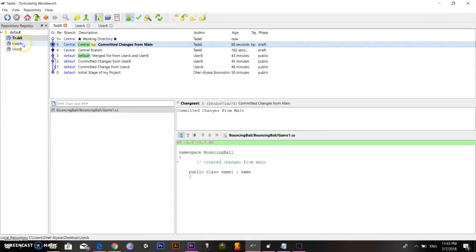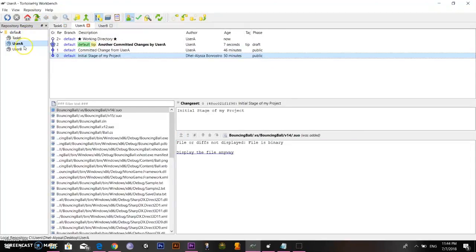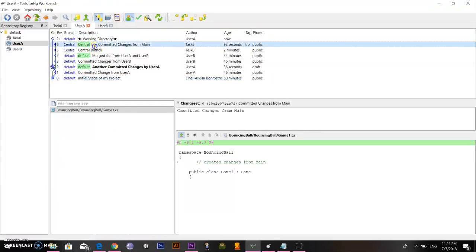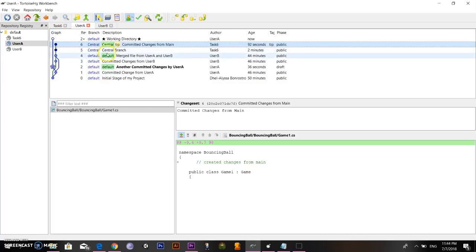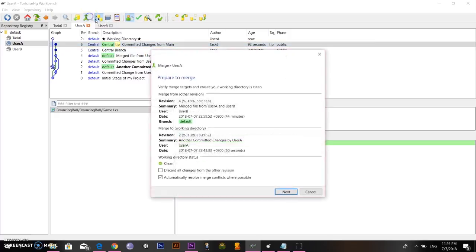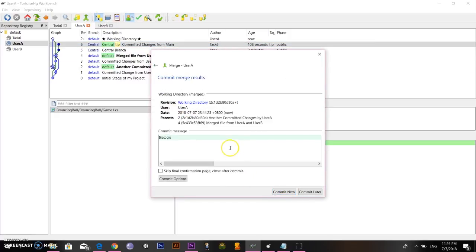So we will pull what the task or the main has changed. So let's pull. So here it's already in the user A. And now we will merge what the central and the user A committed. So let's use the merge again and then next, and then here